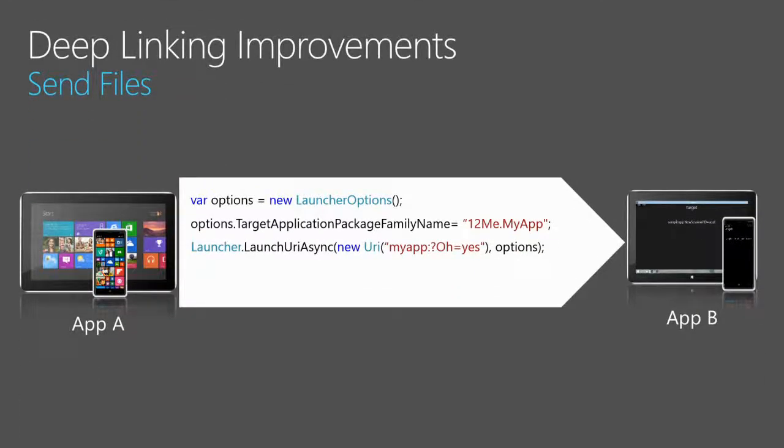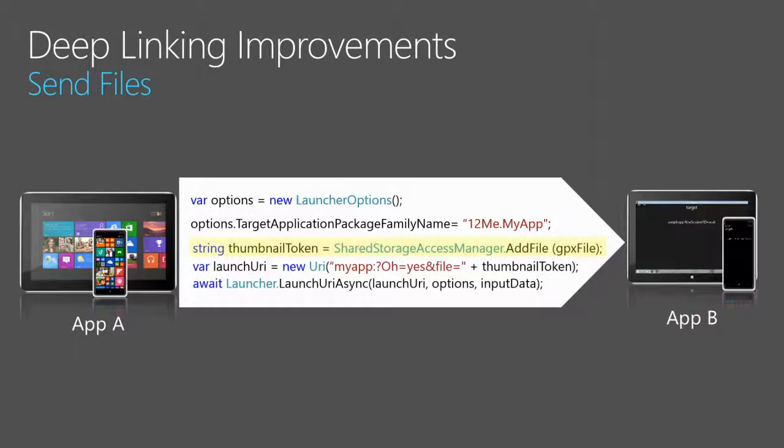Other deep linking improvements. So right now, we were constrained to having a URI and placing parameters on that URI to pass values into the apps. Now what we can actually do is send files. And so this is obviously very useful because nobody wants to take a very large image, encode it into a string, and append it on the end of a URI. It just doesn't make any sense. And to be honest, some of us have had to do that because these capabilities weren't available to us beforehand.